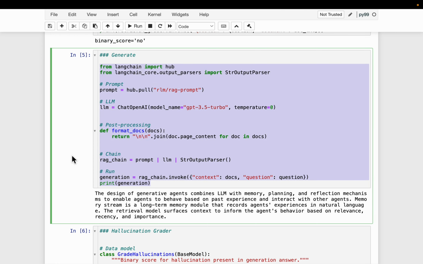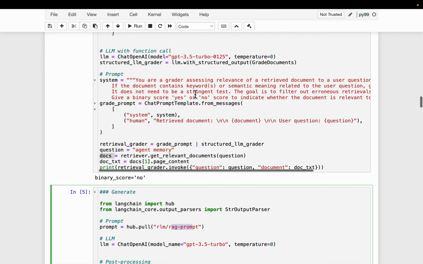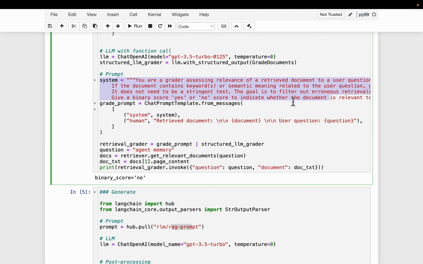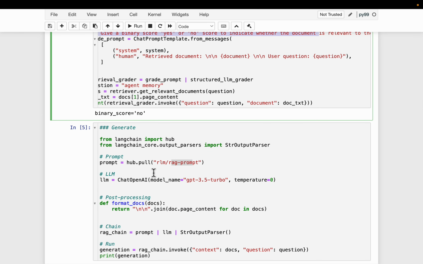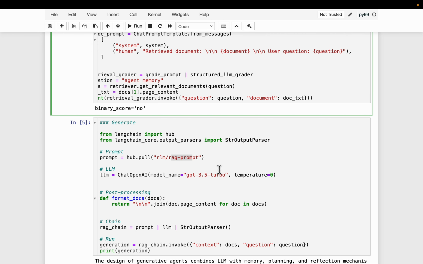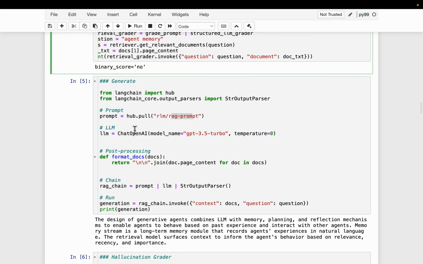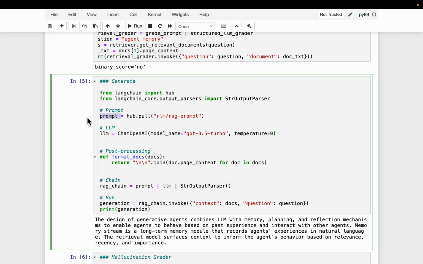Let's say the documents are relevant, so we need to generate the answer. This is a standard prompt. Instead of writing all these prompts ourselves, the LangChain hub has some pre-built prompts which we can make use of. This prompt says you are a helpful assistant which addresses the user queries. Take the provided context and try to answer the user query based on the context.